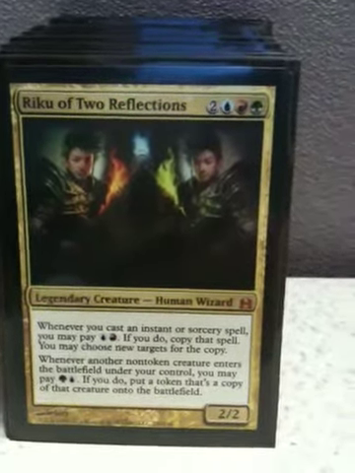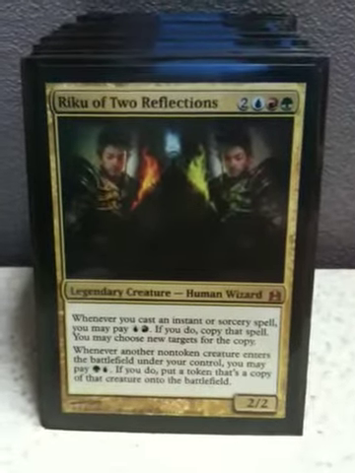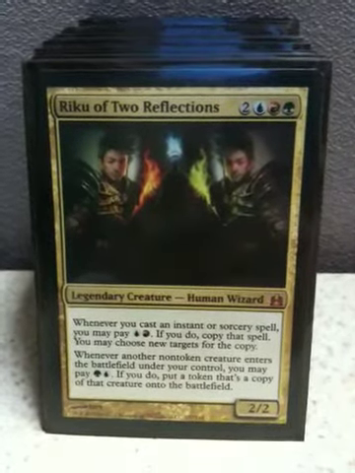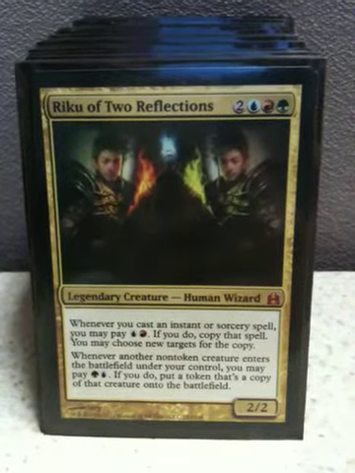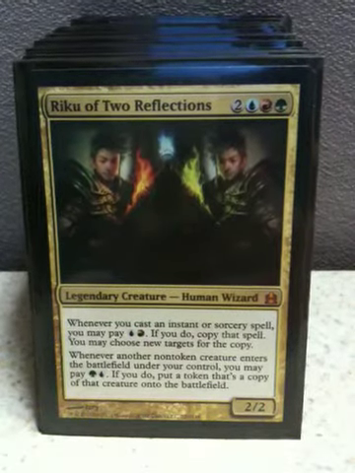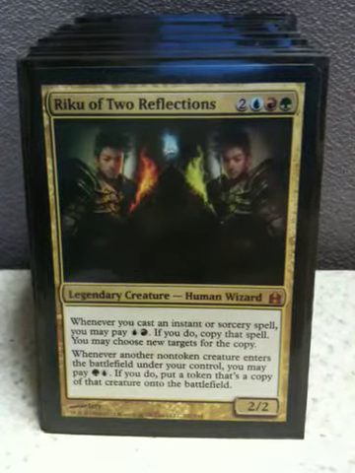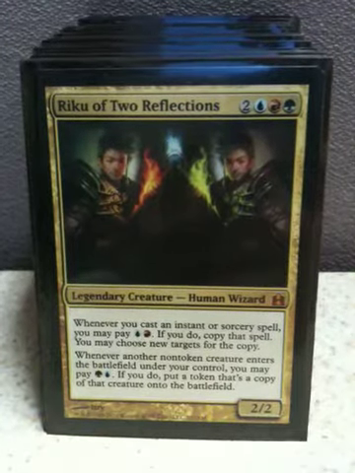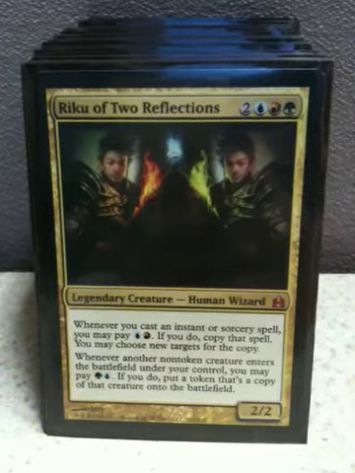So, this is my Riku deck, and it's got a lot of utility creatures and a lot of ways to copy them, and then a bunch of ramp to get up to some big spells that will copy some creatures a whole bunch of times, like Parallel Evolution or Rite of Replication. Parallel Evolution you can copy with Riku and get 4 copies of all your tokens,